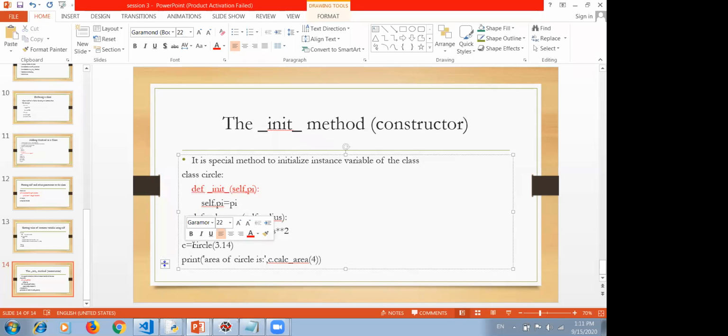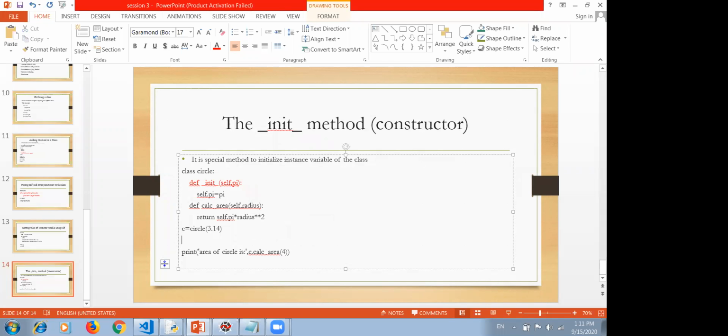Suppose I am creating one more object. Say d is equal to, how to create the object, just the name of the class, and then pass some value, say 2.6, something like this. Now when I create another object, again this init method will be executed, and again this value will be modified.